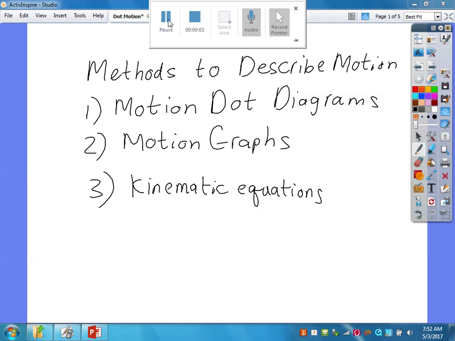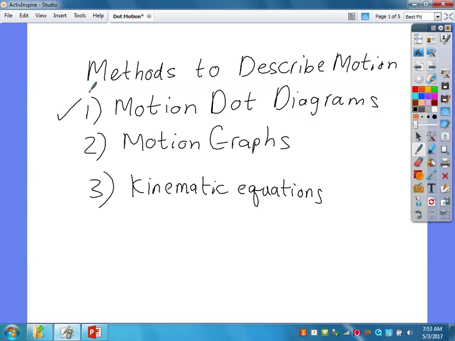For this particular section, we are looking at the first method to show how to describe motion of an object. On the last videos, we finished up with the introduction to kinematics, the words we use for kinematics in terms of displacement, velocity, and acceleration. Now we want to use those words to illustrate those motions, the speed up, slow down, and so forth,